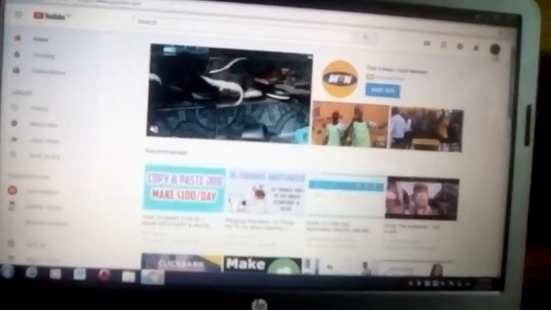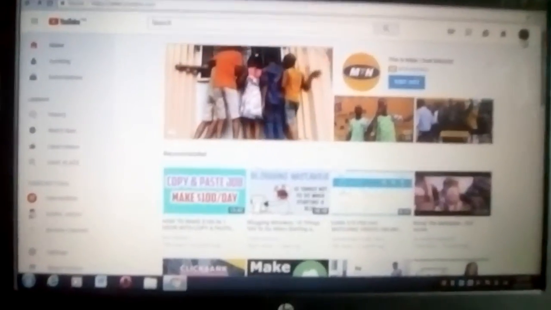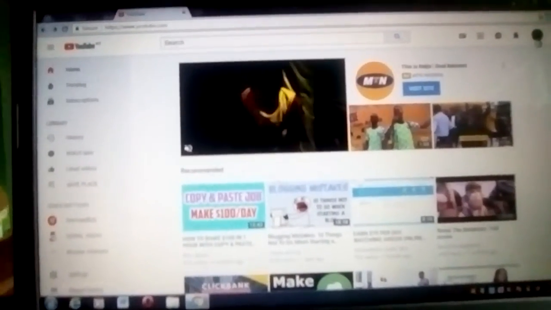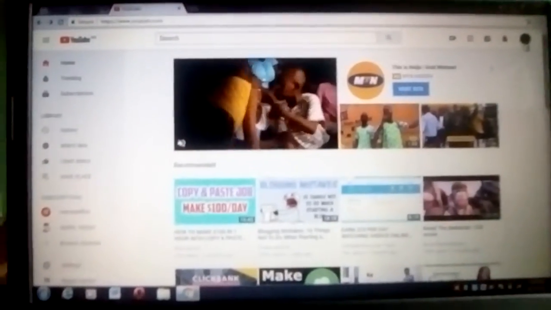If you already have the account, it will log you in, but if you don't have it, you go there and sign up, then your Gmail account that you have created will log in automatically. So after you have finished logging in, you come straight here. Let me teach you how to put your account number, so whenever they pay, they can pay you.